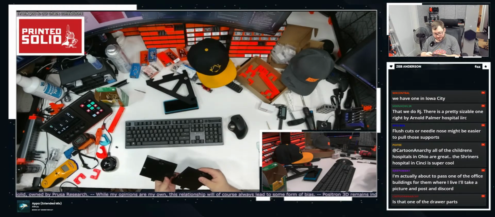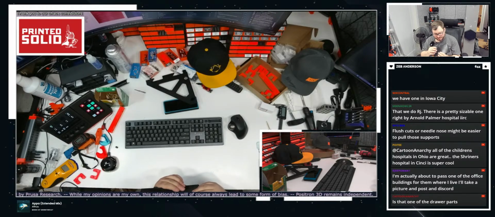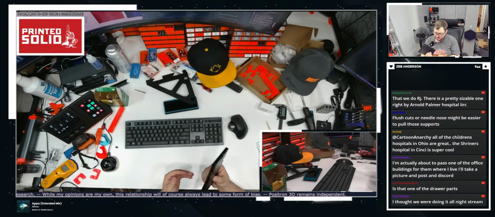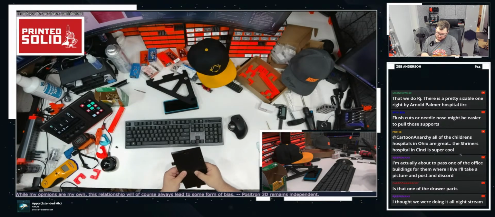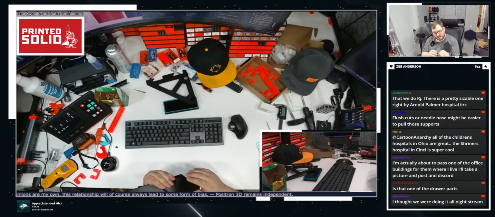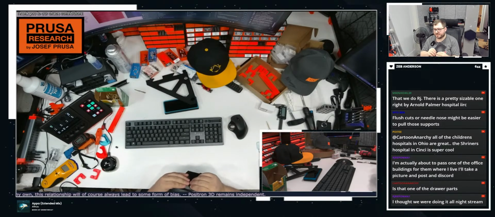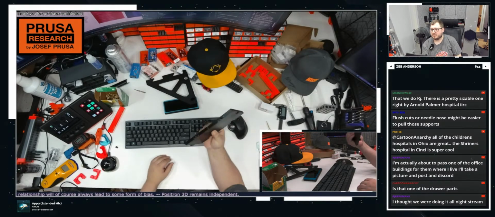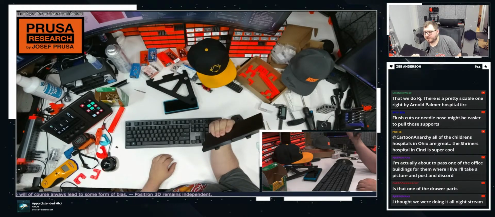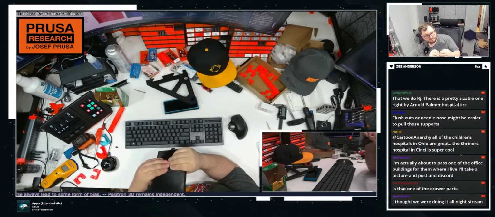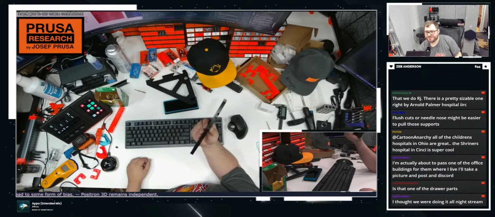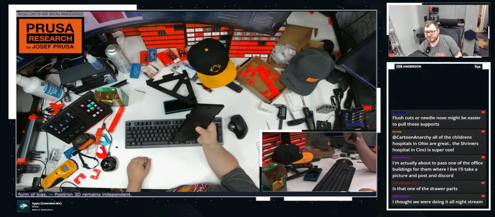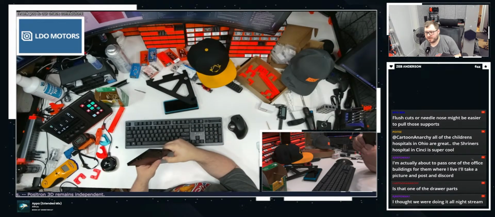It's not flush. That's a problem. Yeah, it's not perfect. I'm not super happy with it. I'll print two more and see how it is.